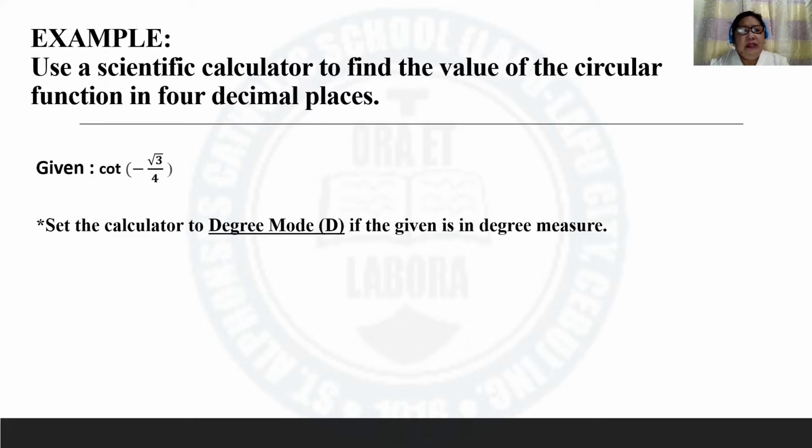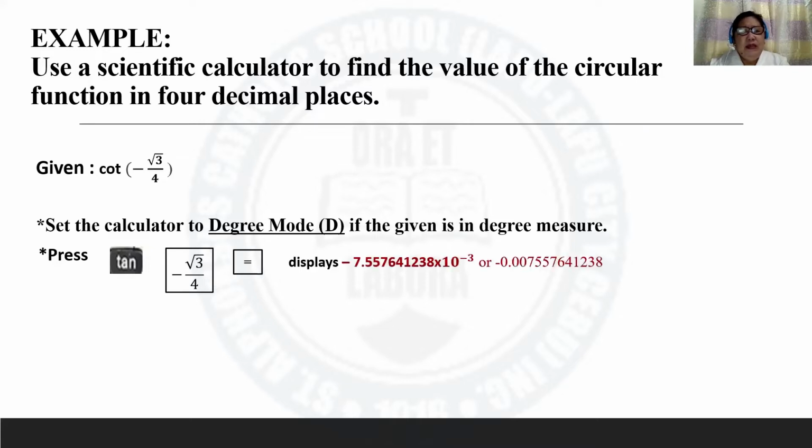Next example, cotangent negative square root of 3 over 4. So again, it should be in degree mode. So press tan, then negative square root of 3 over 4, then equals, then it will display negative 7.55764123 times 10 raised to a negative 3. Or it is just simply equivalent to negative